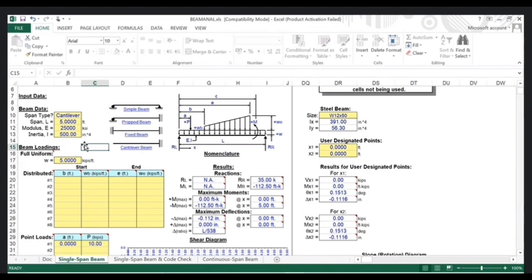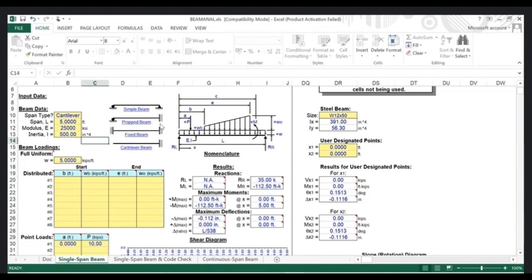Okay. And the third criteria is, you can see here, there are two beams. First one is the prop beam, second one is the cantilever beam. So on the cantilever beam at the free end, there is the maximum deflection. So due to this deflection, more negative moment will come at the fixed end. So if we can convert this cantilever beam into a prop cantilever beam, we can reduce our deflection at the B point, and we can also reduce the negative moment here.